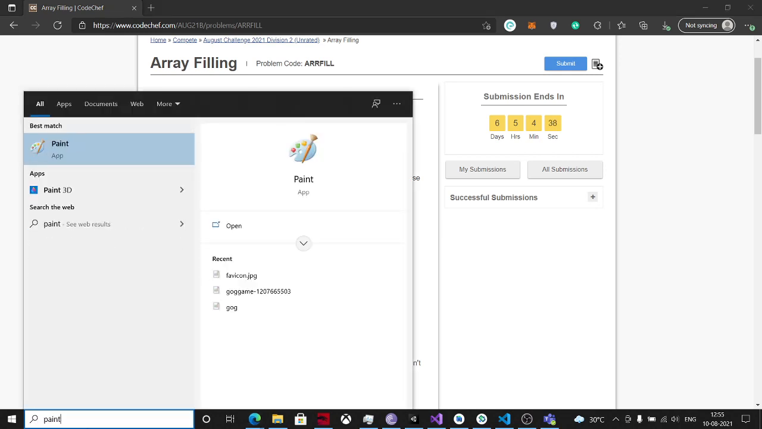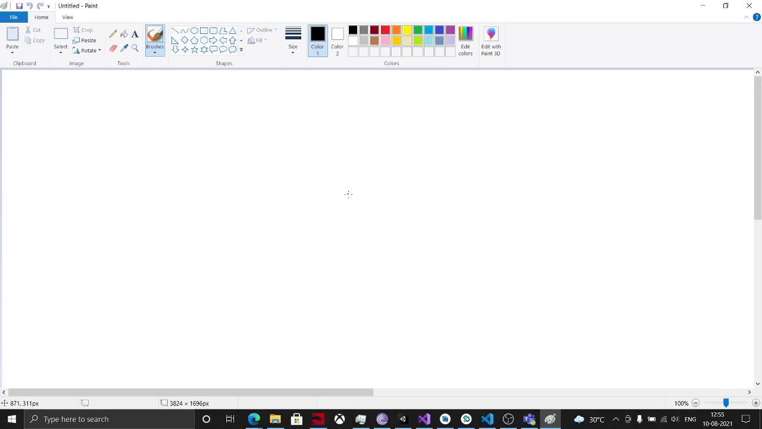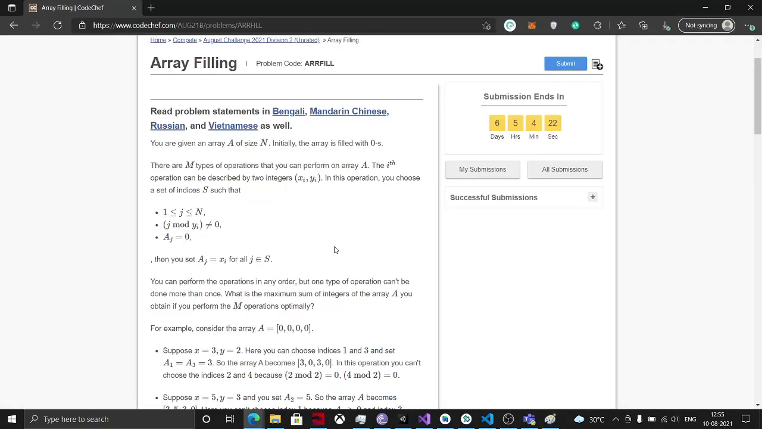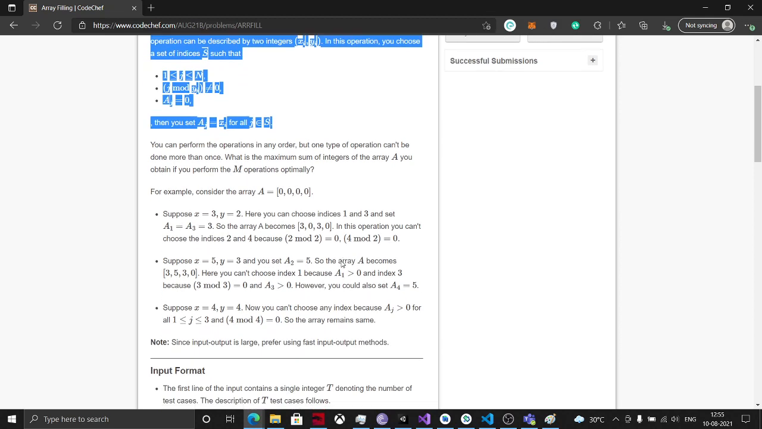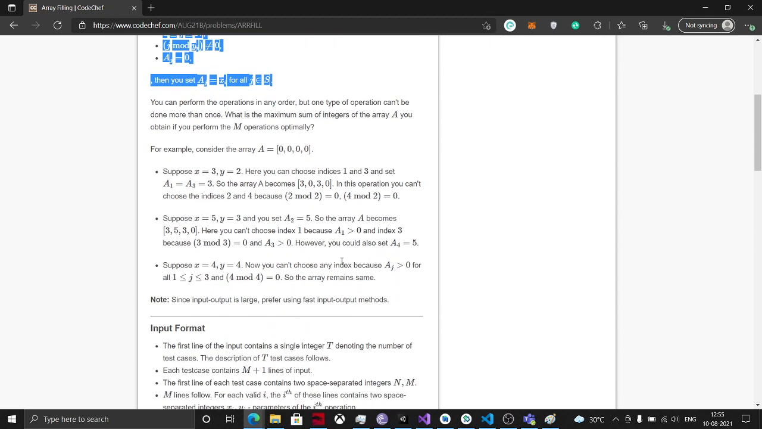I will leave the link in the description so that you can try it and have any issues resolved. But just for now, let's see. You basically have an array A of size n, and initially it is filled with numbers. Some people ask